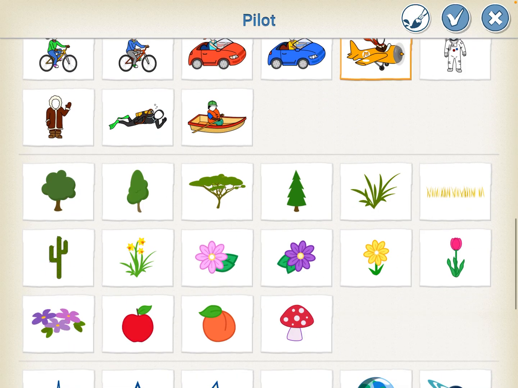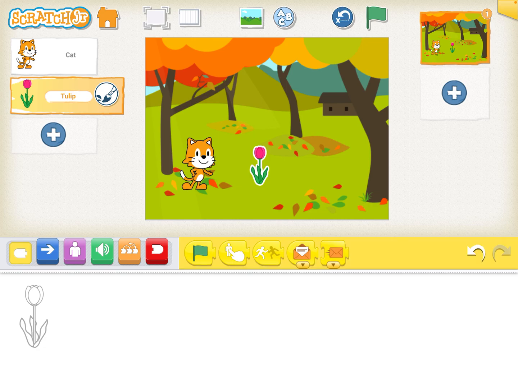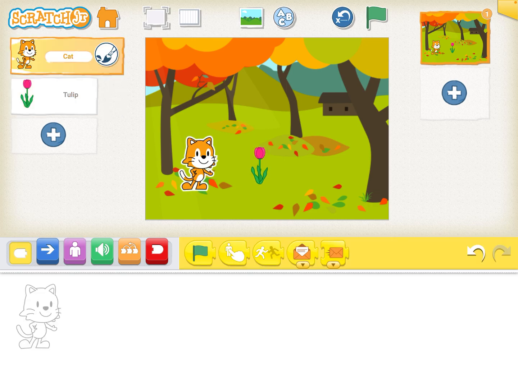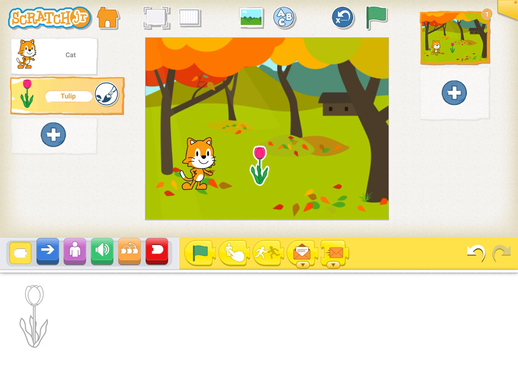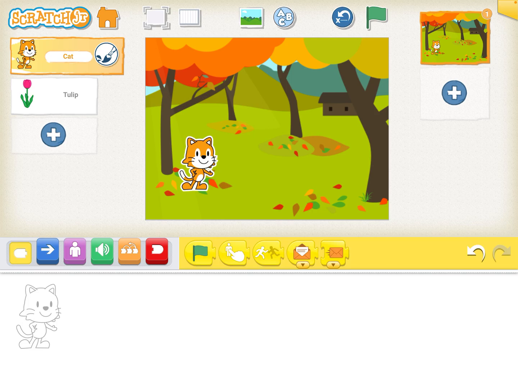It doesn't really matter. Let's go ahead and pick that. Okay, and we'll just put it right here. Now, what I'm going to do with the flower, and again, remind them that they got to make sure that they're on the right sprite for the code, is we're going to have the flower just hide right away. Okay, so when the flag is clicked, the flower is gone. And so let's have the